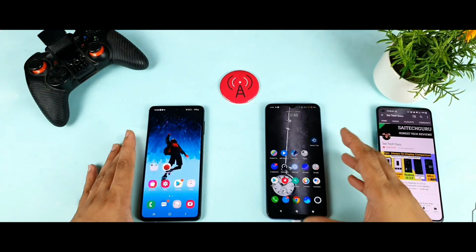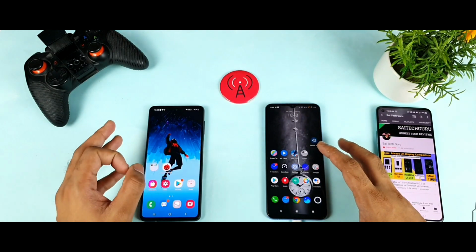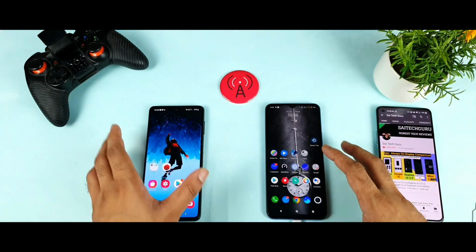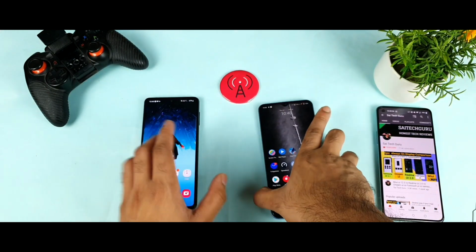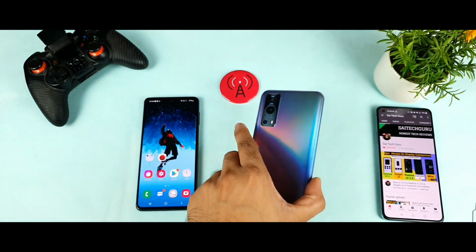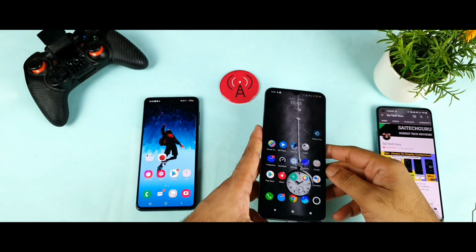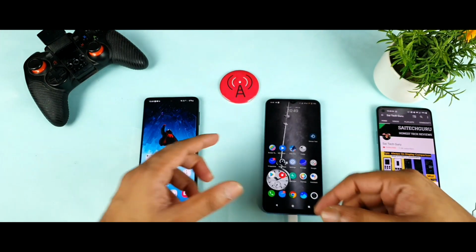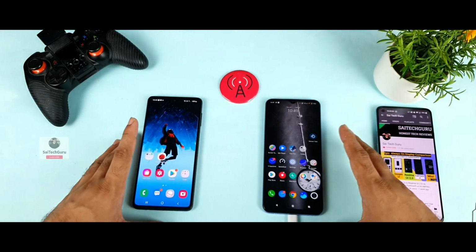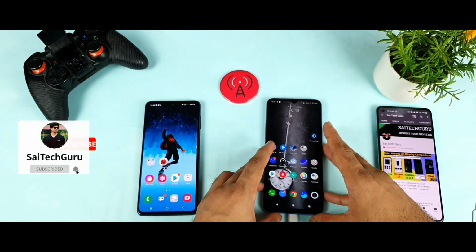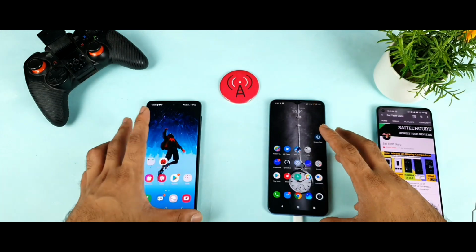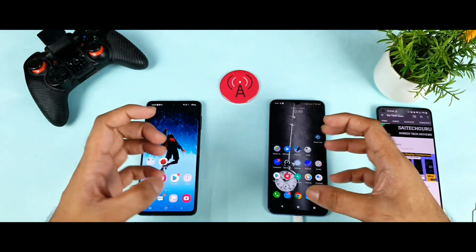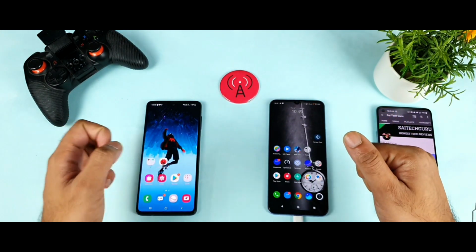In today's video, to compare the 4G plus aggregation test, the download test and the speed test between the Samsung Galaxy M51 and the iQOO Z3 mobile phone. As you can see friends, right now I am using the iQOO Z3. Let's see which phone will support carrier aggregation and which phone will have the fastest speed test. This is an extreme indoor test which I am doing in my studio room environment. I am using the Jio SIM card during this testing. In this way we'll get to know which phone has faster download speeds and a faster speed test as well.